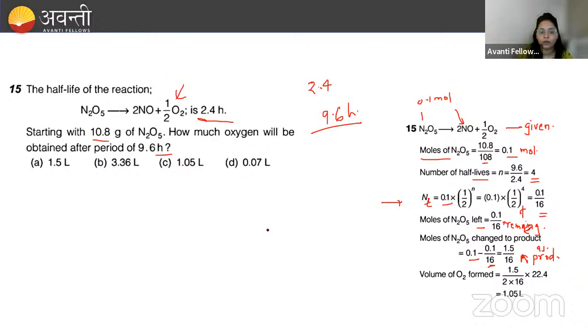सो डिवाइड कर दिया मैंने 1.5 बाय 16 को हाफ से, ओके, और मल्टीप्लाई करो उसको वॉल्यूम से, वॉल्यूम क्या होता है हमारा 1 मोल का 22.4 लीटर। सो जस्ट डू दिस कैलकुलेशन, यू विल गेट आंसर 1.05 लीटर, दैट इज ऑप्शन C. यस, दिस वाज डिफरेंट प्रॉब्लम, ओके, these are different problems, these were not usual problems, okay, ये थोड़े अलग तरह के problems मैंने लिए थे आज. Hope you have understood this, okay,